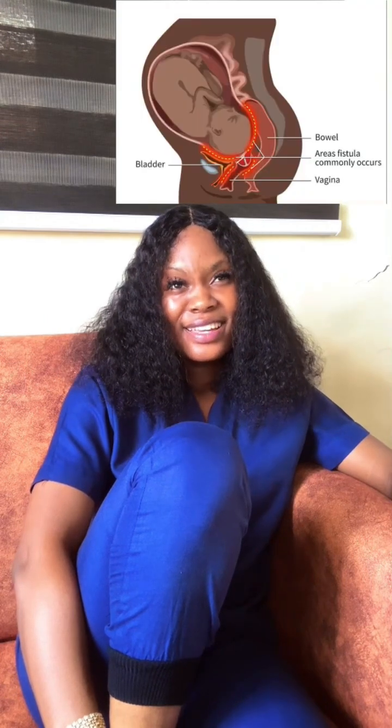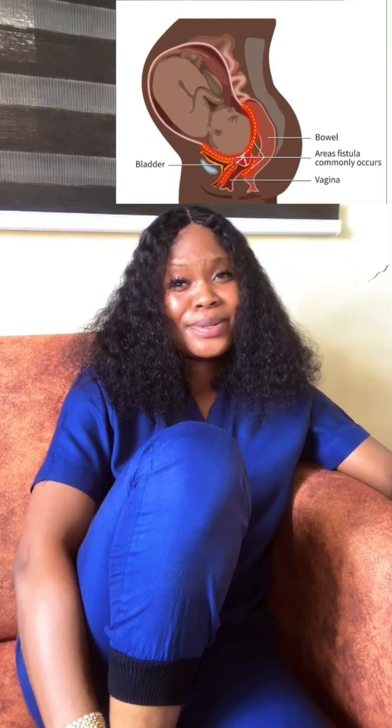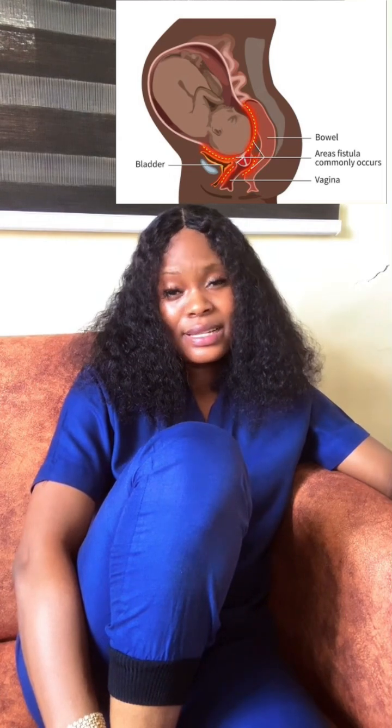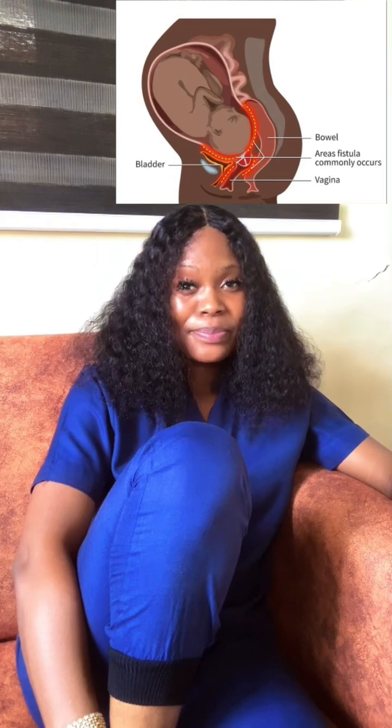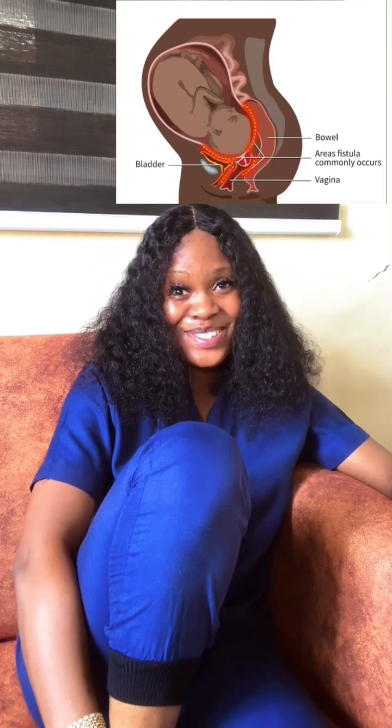We can't talk about anal fistula without first knowing what fistula itself means. So what is fistula? Fistula, in a layman's understanding, is an abnormal connection, an abnormal opening between two body parts which are not normally connected together. Or you can say it's an abnormal passage, an abnormal tunnel between maybe an organ and a body part, or between two organs, or between two veins and organs in the body.